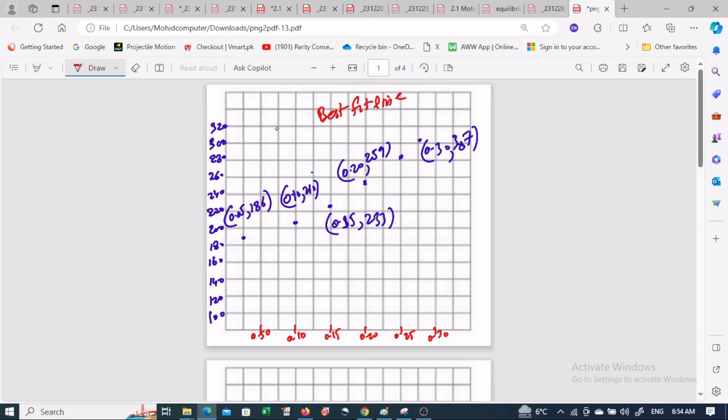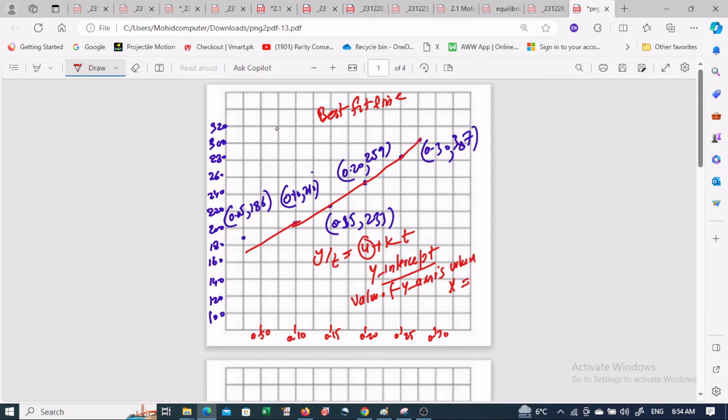Okay, so I can see that these 4 points are just like a straight line. Okay, these are straight, and we retrace these lines. So we get the straight line. This is the equation y over t equal to u plus kt. Okay, in order to find the y-intercept, what is the y-intercept? First I explain what the y-intercept is. The y-intercept means the value of the y-axis